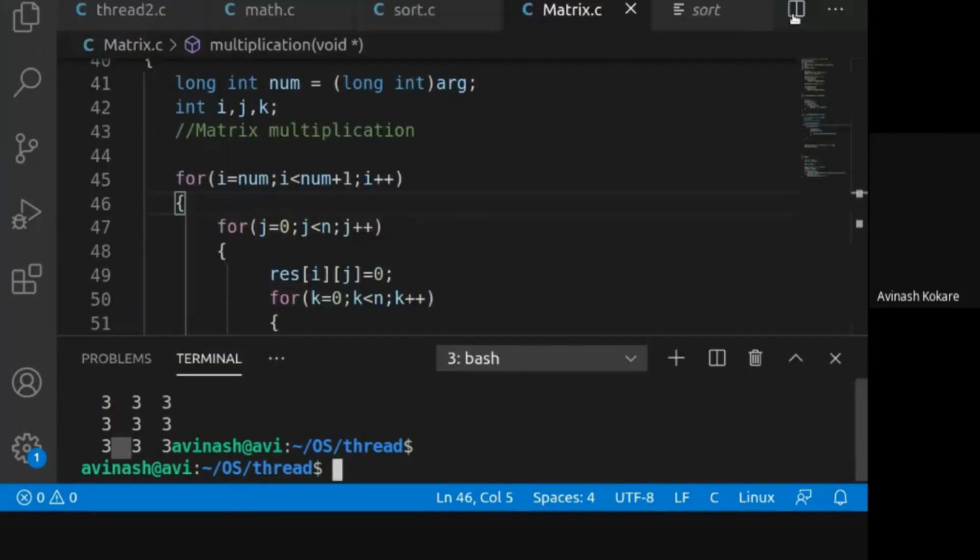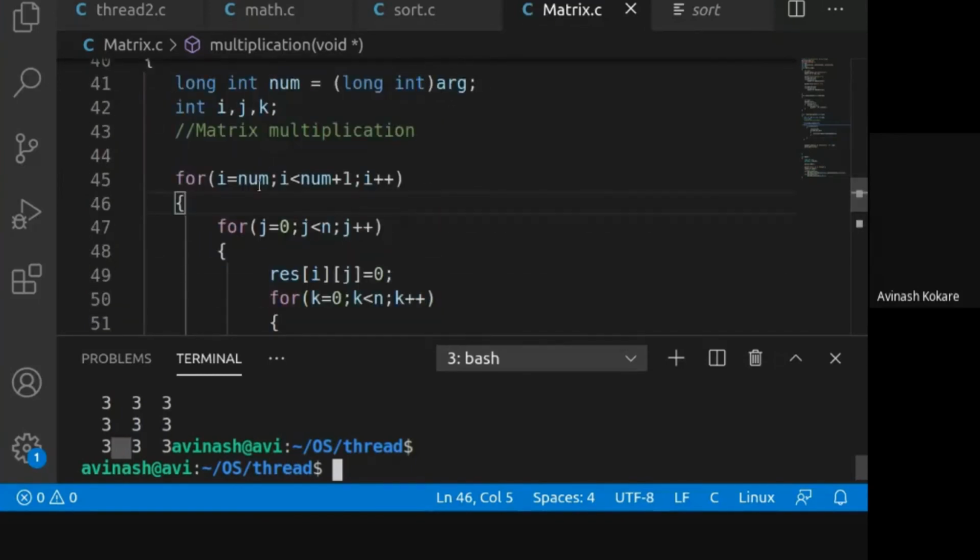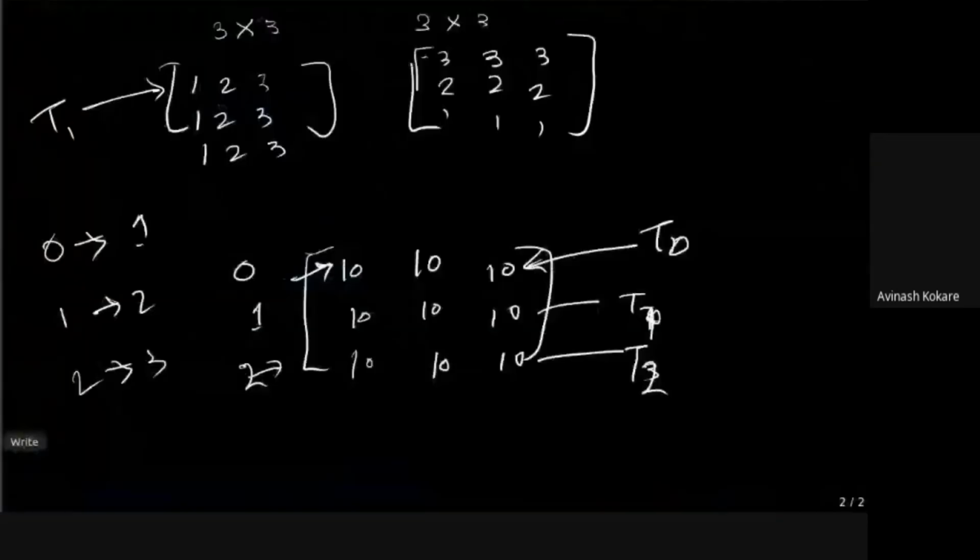Or you may write your own generalized formula here instead of typing from num to num plus 1, because of the following. Let us take another example. If the size of the matrix is 6 by 6 and the number of threads is 3, then what should happen?